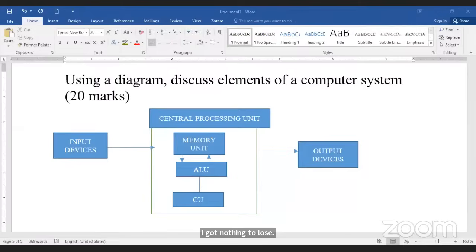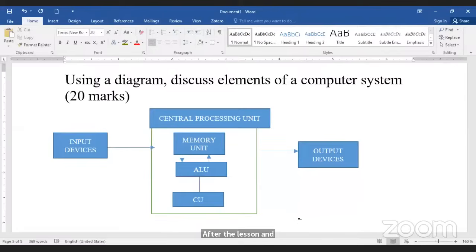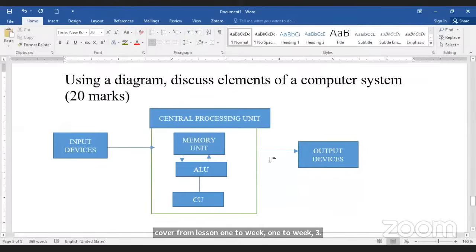I'm just going to have a summary for our lesson. I have some good slides. So hopefully you have copied this. I want to summarize my lesson and end it by 11. And remember, next week we are going to have a CAT after the lesson. And the CAT is going to cover from week 1 to week 3. And it will be a tough one. So if you are not going through the course, if you are not going to read the content on the e-learning, then